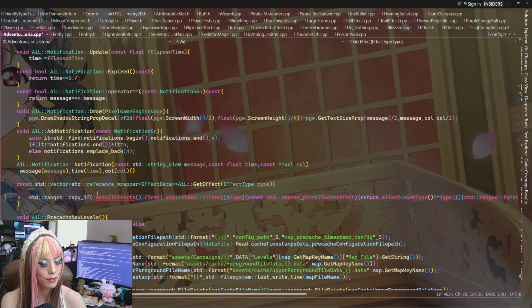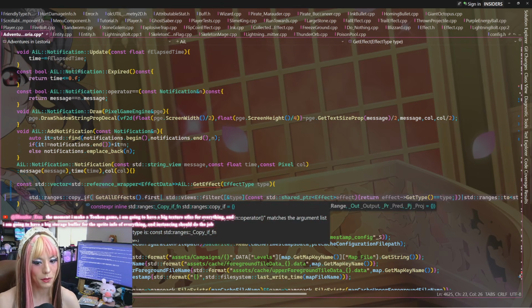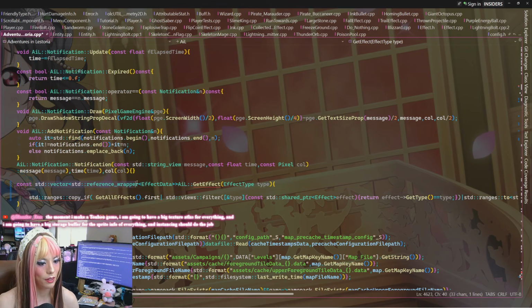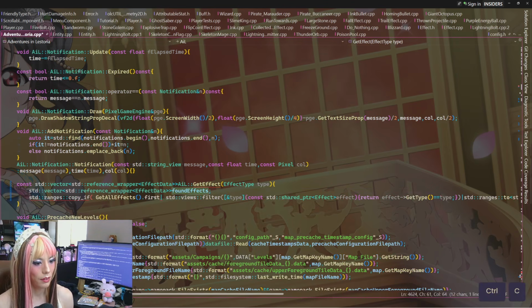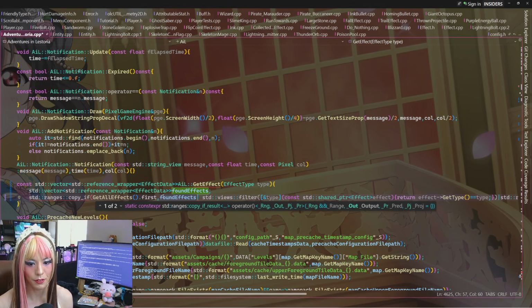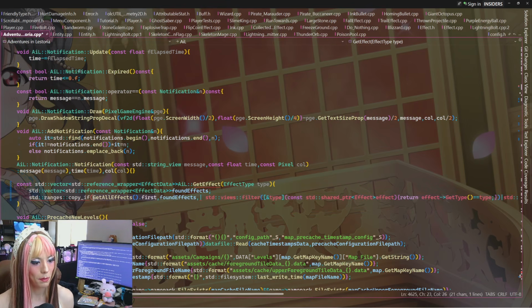Copy if, range, output, predicate. So we just have to make a new one. This would be like match or found effects. Okay, so get all effects stuff first. Insert it into found effects using this predicate.